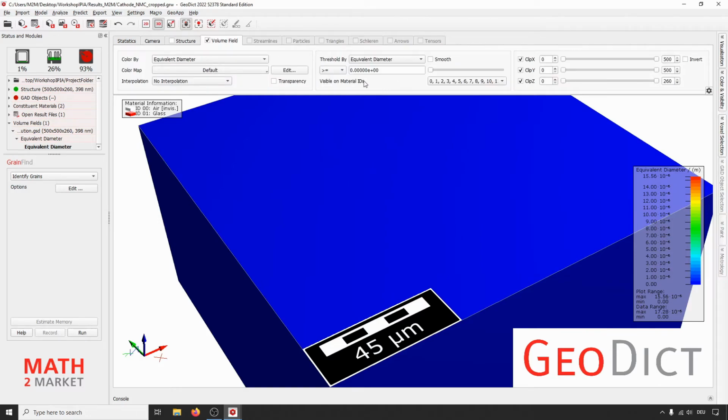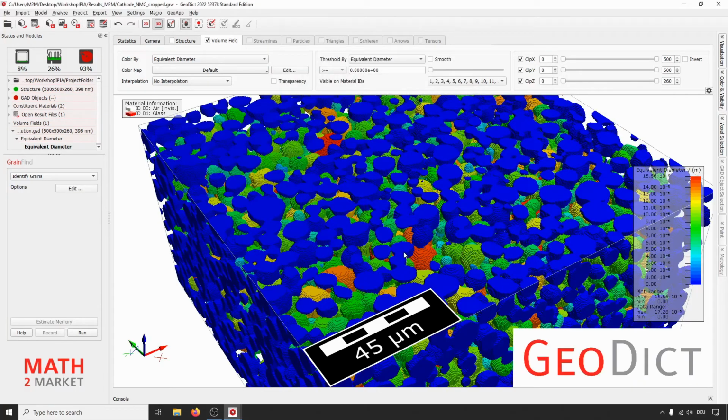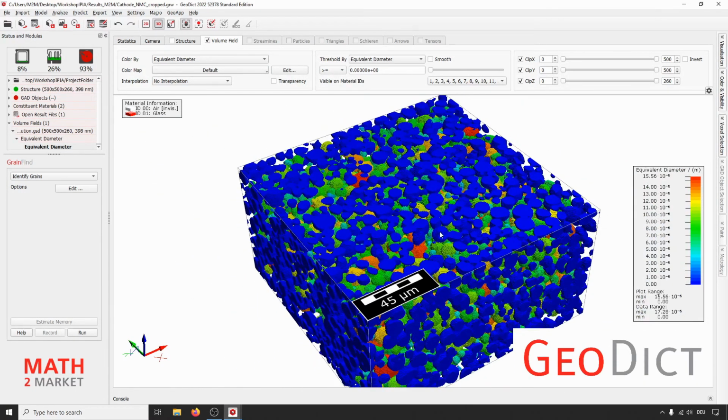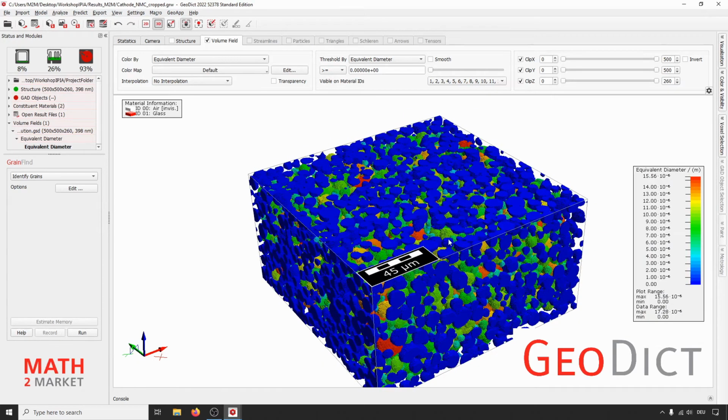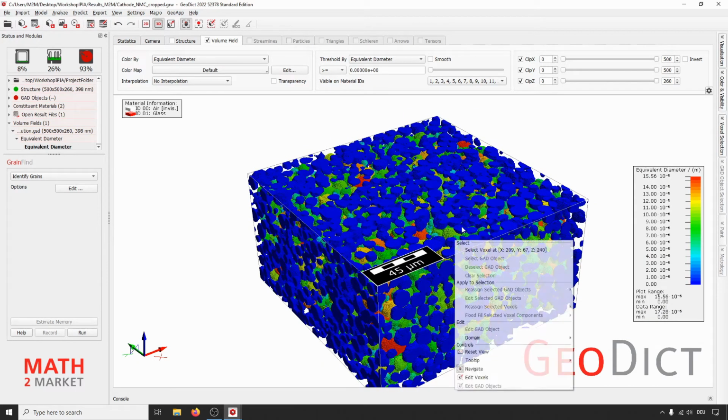Therefore, we go over to the volume field tab and go to the checkbox visible on material IDs and uncheck the ID 0 for pore. Click again in the image here, and then you see that the volume field is no longer shown where the pore material is.